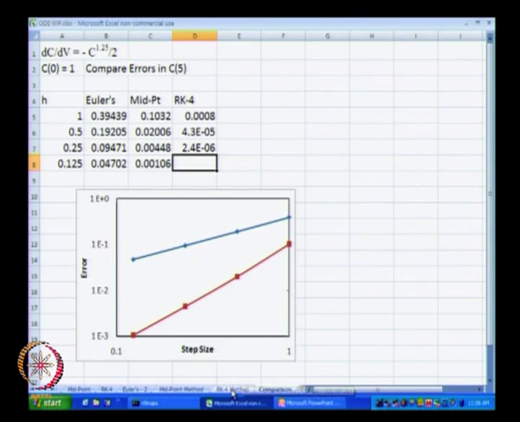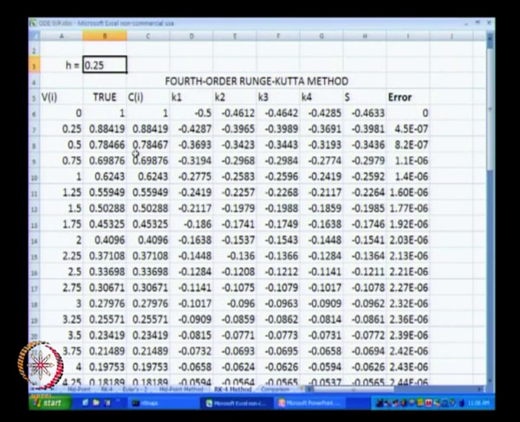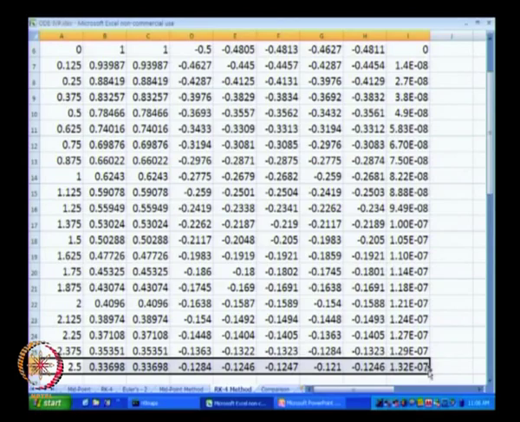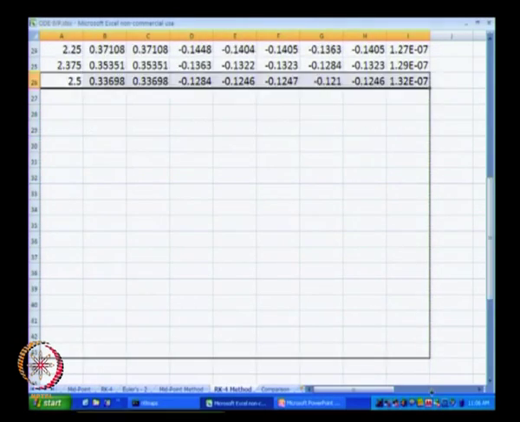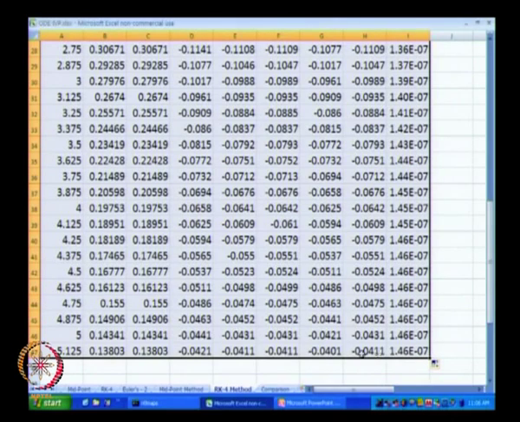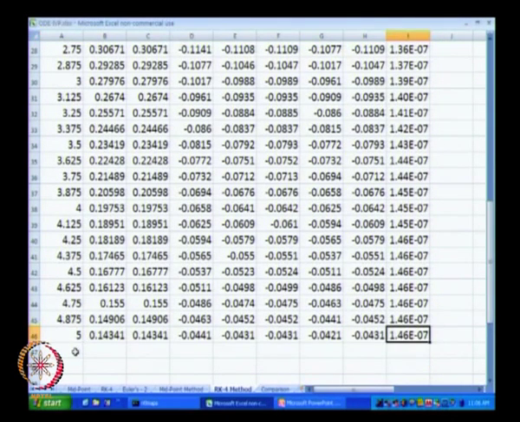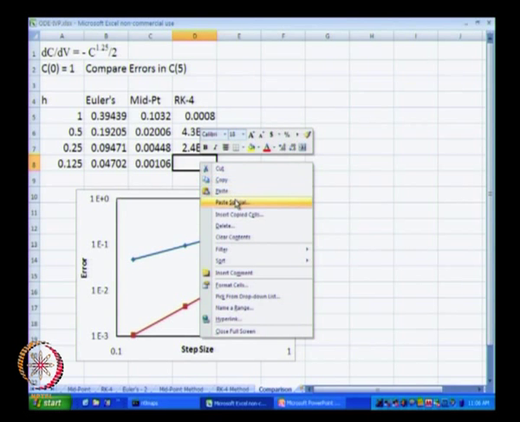Let us now again repeat this RK method for h equal to 0.125. I have chosen this particular row and just copied it below, and this is the result that we get. Now the error has decreased to 1.5 e minus 7.